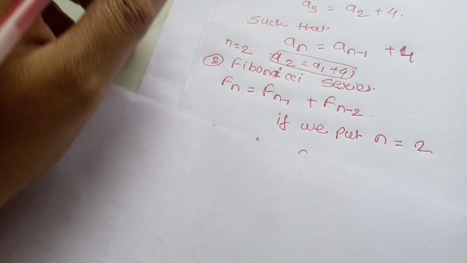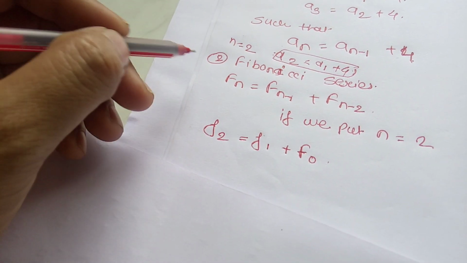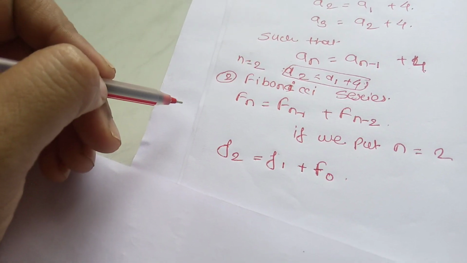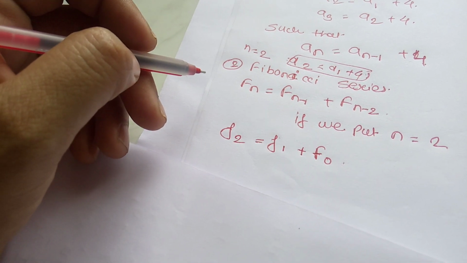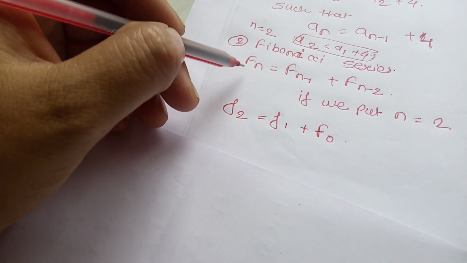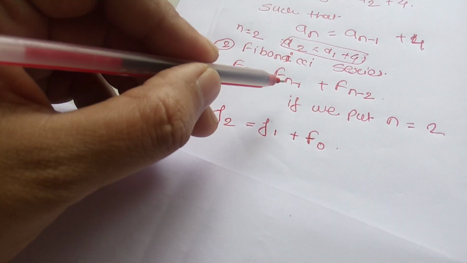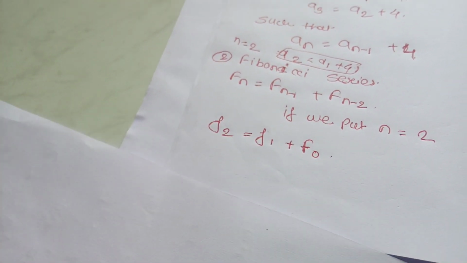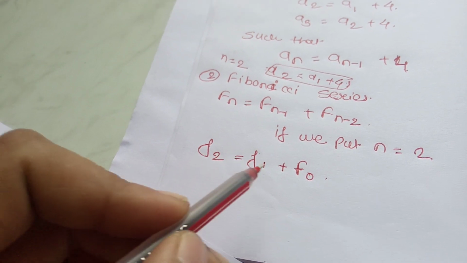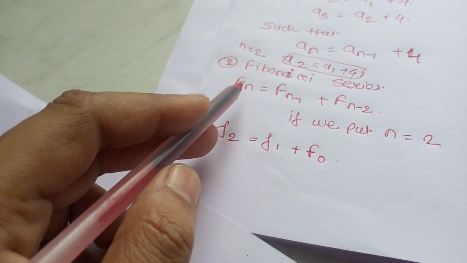So we can take a second example of it, the Fibonacci series. What can be the recurrence relation for the Fibonacci series? That is fn is equal to fn minus 1 plus fn minus 2. So if I want to put n is equal to 2 here, so the generalized function may say